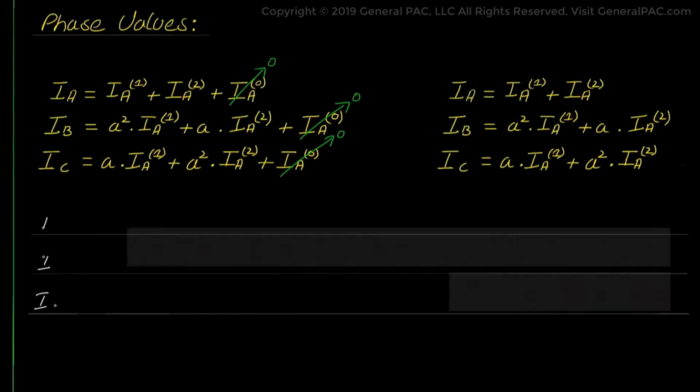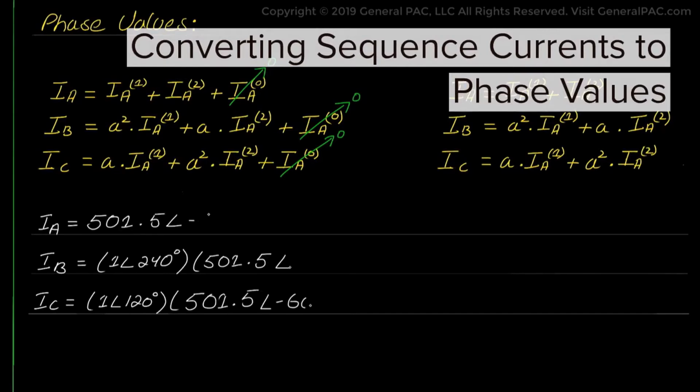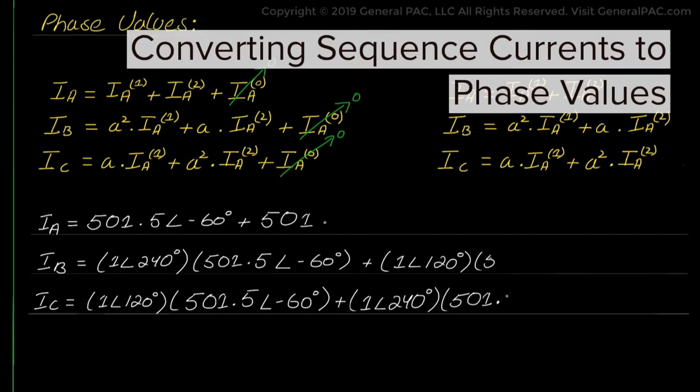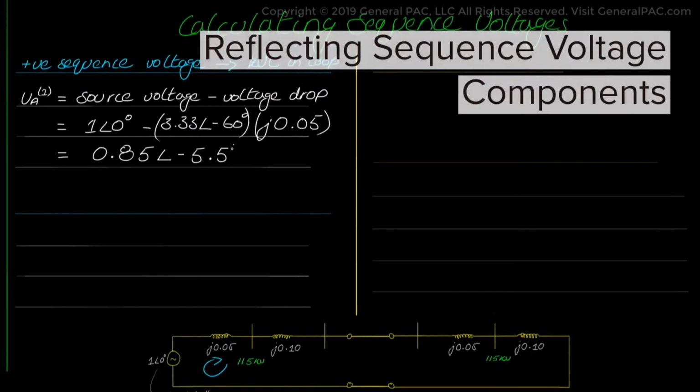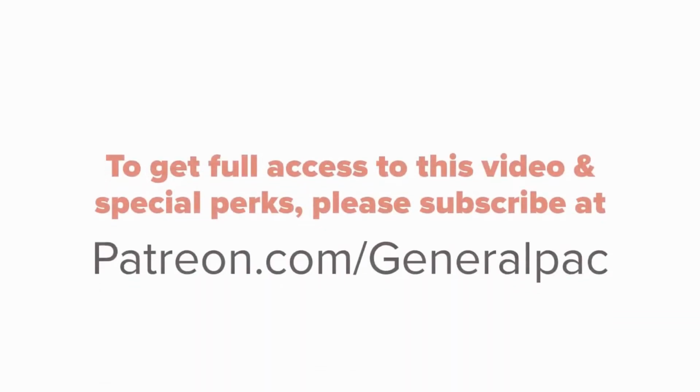And again, that gives a to be 1 at the angle of 120 degrees and a squared to be 1 at the angle of 240 degrees, and the positive and negative sequence components to be 501.5 amps at the angle of negative 60 and 501.5 amps at the angle of per unit. Similarly, the negative sequence voltage is the source voltage minus the voltage drop across the negative sequence impedance on the high voltage side. For the negative sequence current, we need to consider